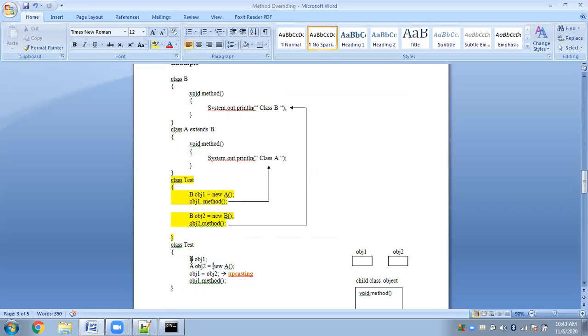When you simply write a variable with the class name, it is simply a reference variable, it is not an object. It becomes an object only when you create it using the new operator. The new operator is meant for creating objects, and you initialize that object using the constructors. As you can see here, we are not creating any object, we are simply declaring a reference variable obj1. It is a class type object reference variable, so it will refer to a particular object, but here we have not